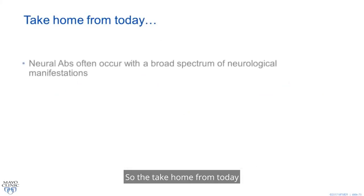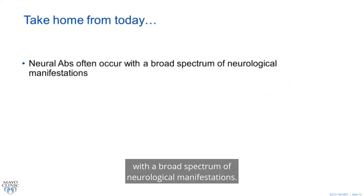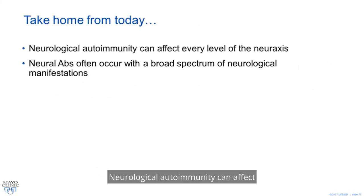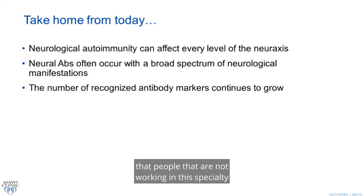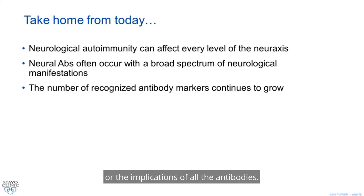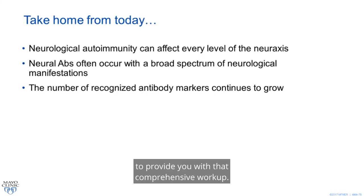So the take home from today is that neural antibodies often occur with a broad spectrum of neurological manifestations. Neurological autoimmunity can affect every level of the neural axis. The number of recognized antibody markers continues to grow, and it grows so rapidly that people not working in this specialty are not going to be able to be aware of all the antibodies or the implications of all the antibodies, and you're going to have to put your trust in the laboratory to provide you with that